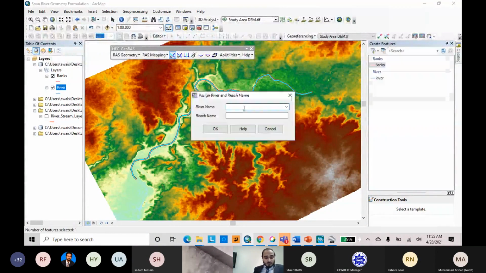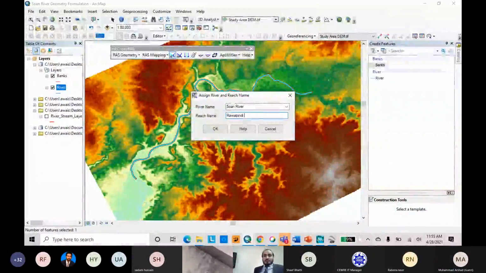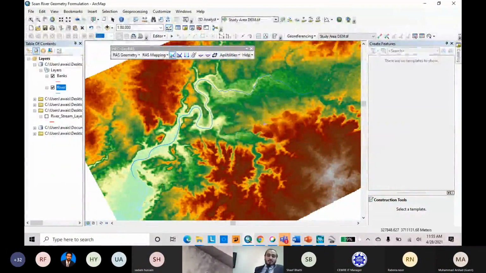Here, river name Swan, and the reach name. You can specify your reach name according to your requirement. Okay, we have assigned it. We do not require to highlight the river.